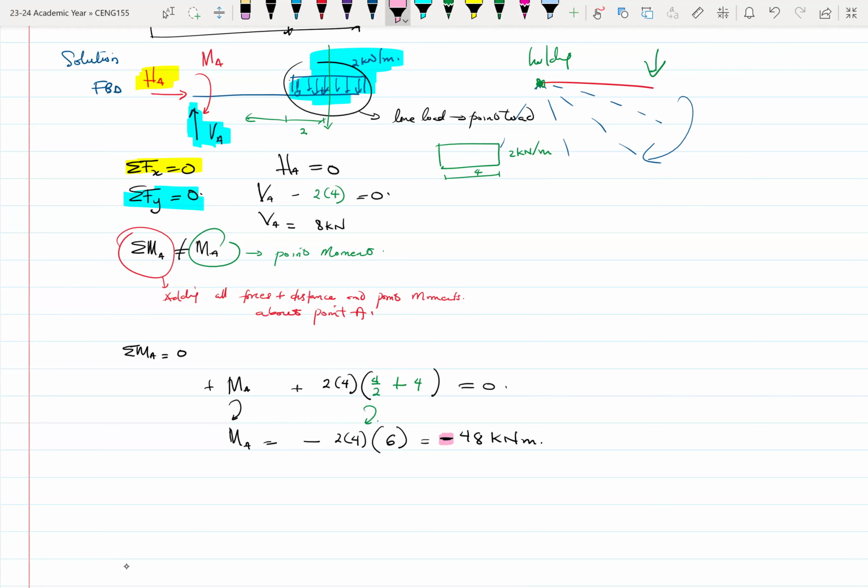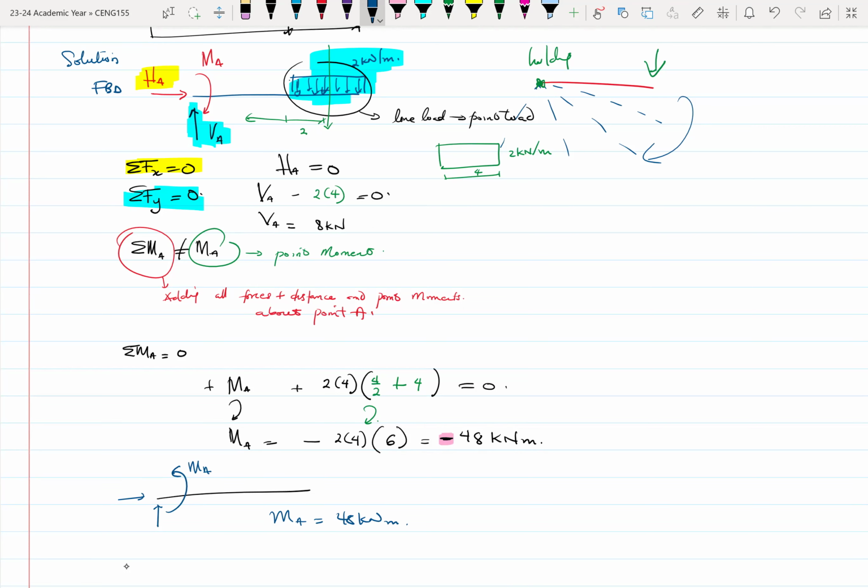Sometimes through experience, somebody would prefer that when they are trying to draw the unknown reactions for the moment, they do it anti-clockwise, which is fine. Which means that if your MA is initially anti-clockwise, you end up with an MA value equal to 48 kilonewton meter, which is fine. It works. They both are correct. The only challenge with that, which you'll get to see going forward, is that